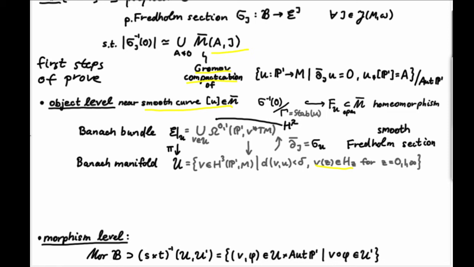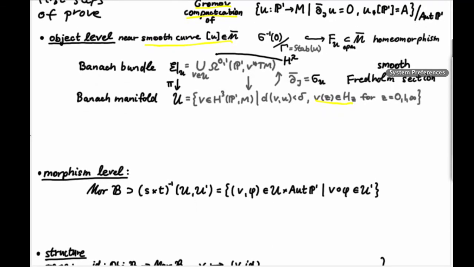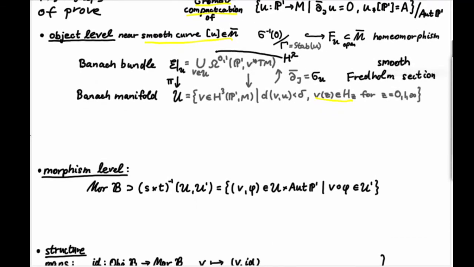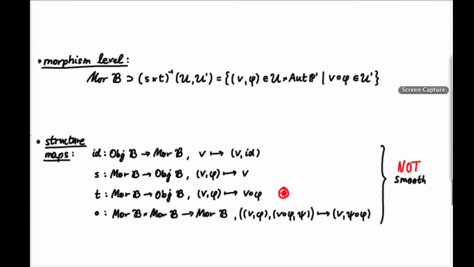So far so good. No need for scale calculus here. Then we had the morphism spaces and the structure maps, and the problem was that there was a reparameterization going on, and that is not smooth. So we need to go back to the drawing board. I would like to say